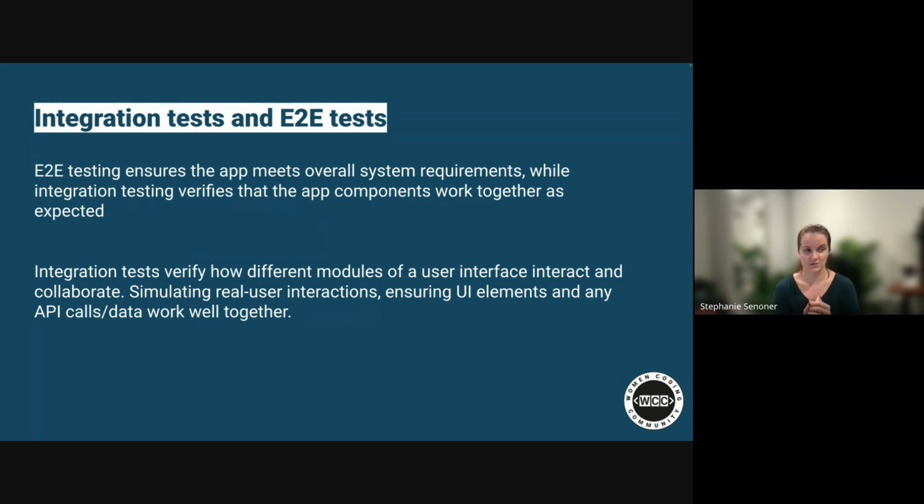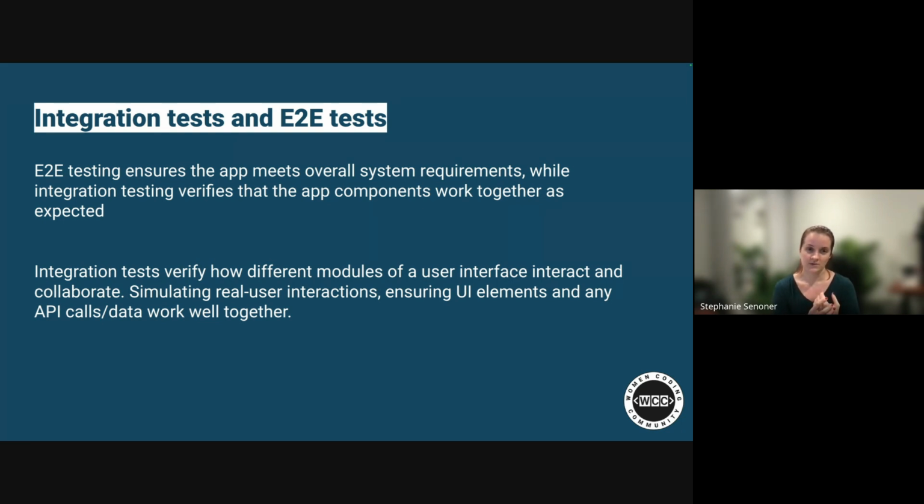But integration tests would need you to know what API contract we have. You need to have certain knowledge and information about what data you expect. So you would work with mocks. Then you just need to rely on the backend staying steady, because the test would not fail if the backend changes the property names or whatever. So overall, an end-to-end test ensures that the app meets overall system requirements, so it works smoothly with the backend and so on,